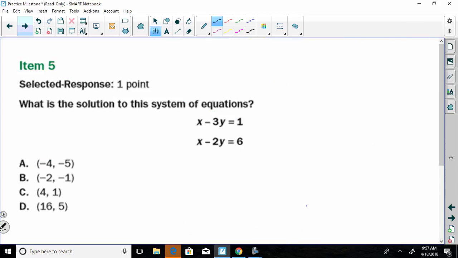Cool. Next one. System of equations. What could we always do once again? Plug it in. That takes pretty long. So this may be an open-ended. It has been in the past. And so system of equations, if we see the x and the y are on the same side, we use